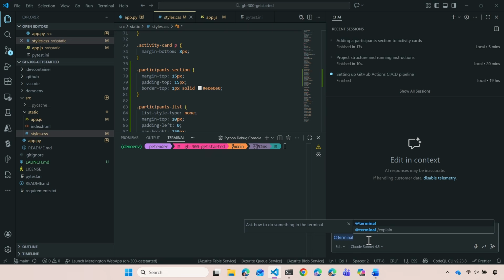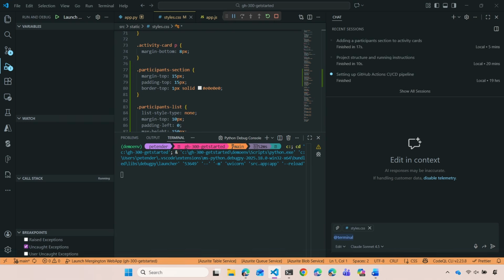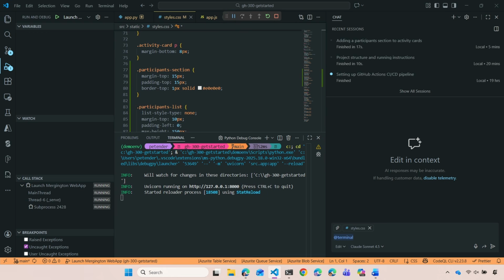Now, I didn't really have anything in my terminal, so what if I start debugging it again? My app is running, and I can now use add terminal